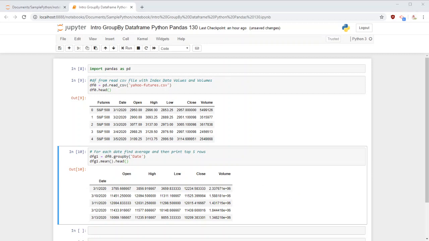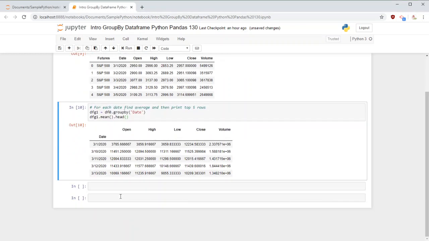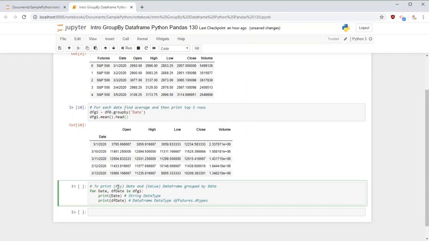Okay, now that we have done that, let's go a step further and see if we can see the data inside that. If I want to see the data inside this, what I can do is create a for loop where I can have a date and a data frame which is made for each date, and I group, and then I have this data frame groupby object.